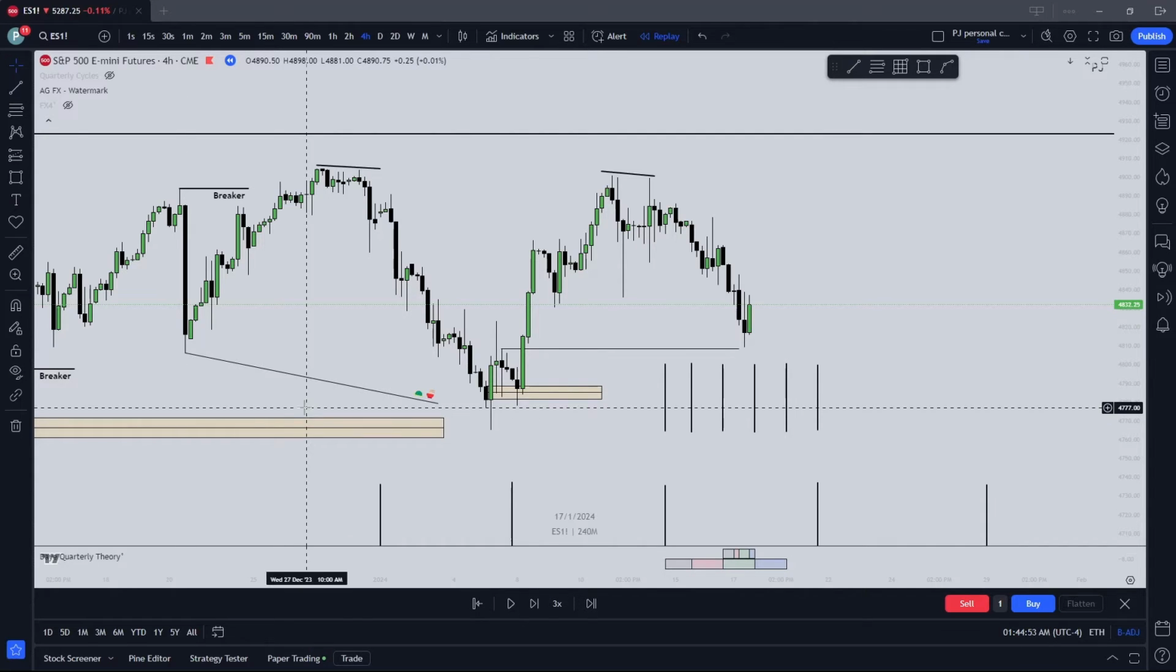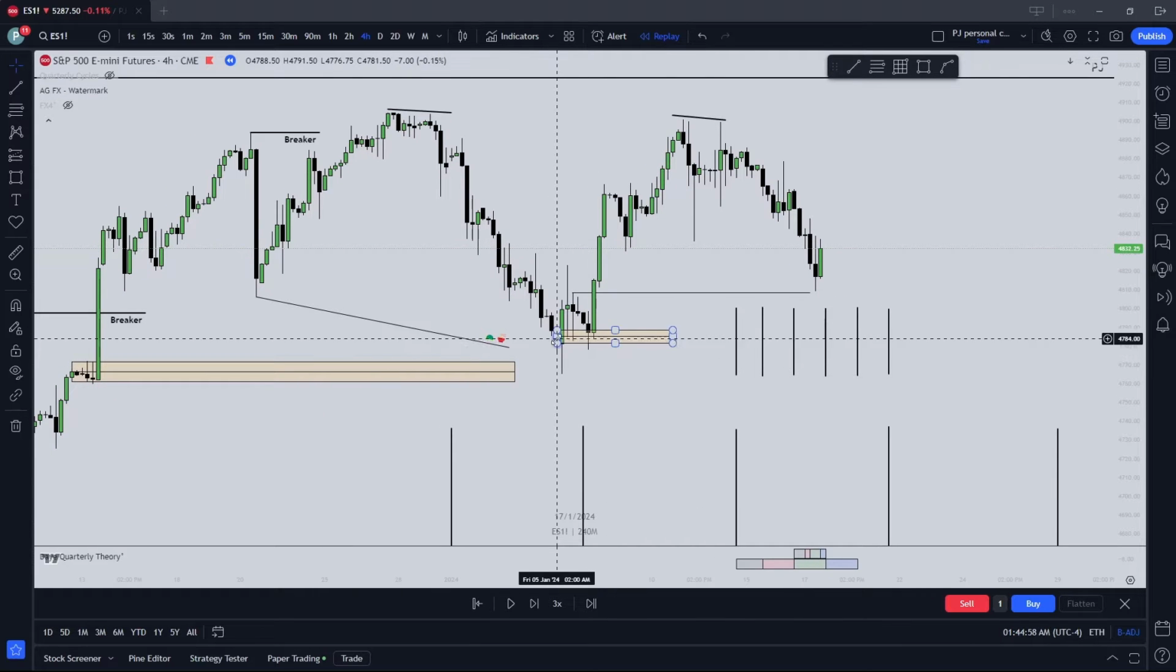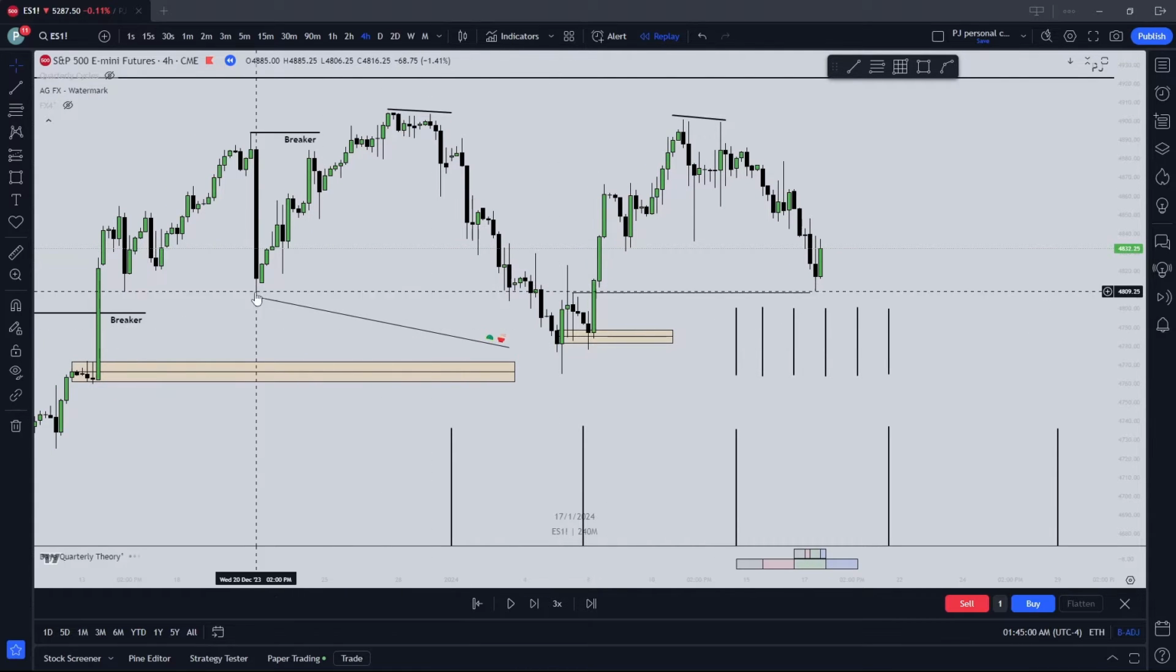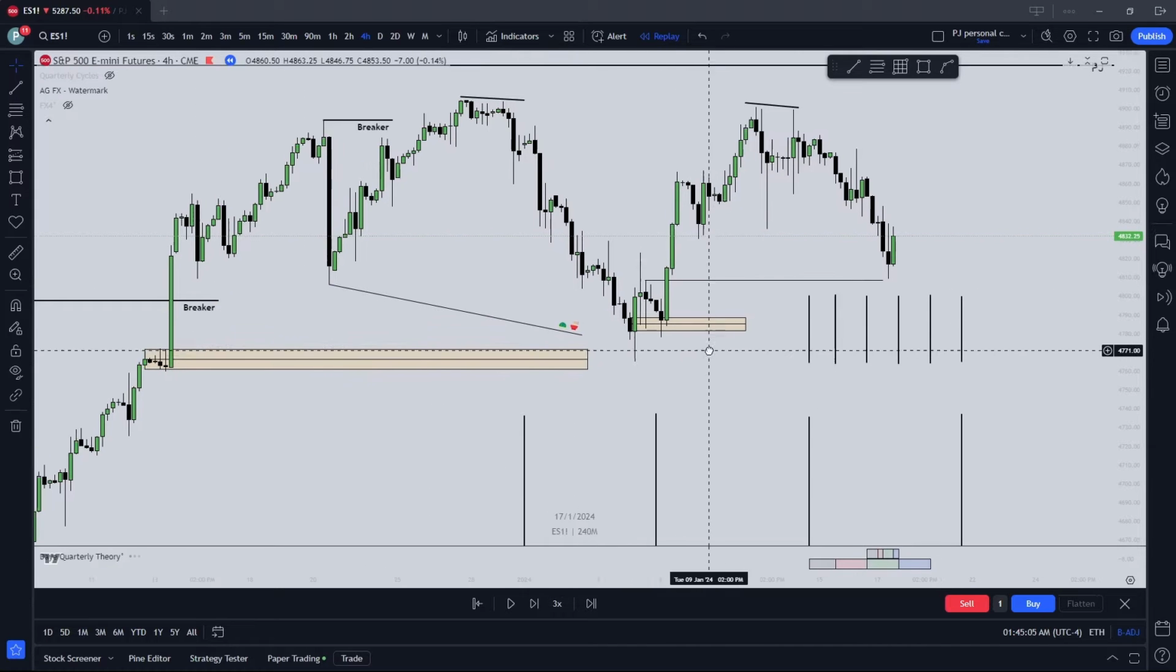All right, we do have low resistance liquidity, but this is a protected low because we swept a sell side level and delivered from our high time frame PD array. All right,